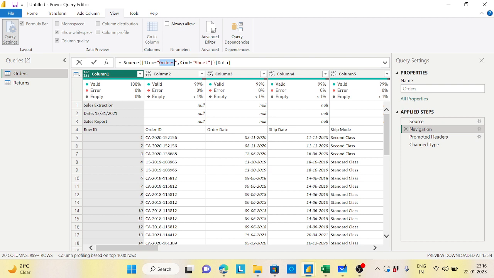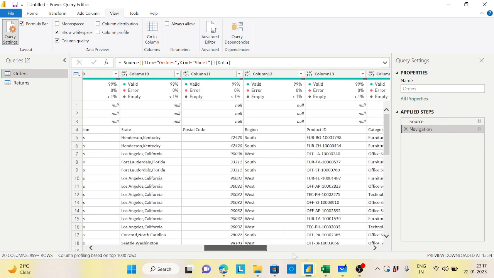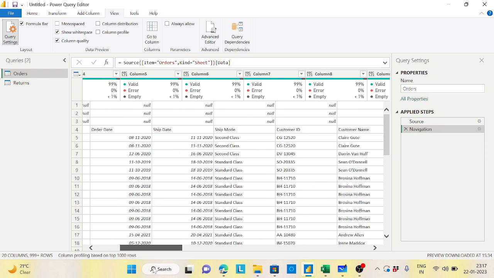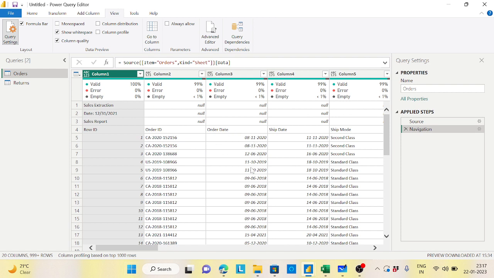Okay, all right. Now these two, promote headers and change type, I didn't apply, but they come up automatically. I will tell you what is change type and what is promoting headers. We'll see that, but I will just delete them as of now, as they are not required. Now if you see, this data is somehow not good. So many null entries are there, and this is not good. So we need to